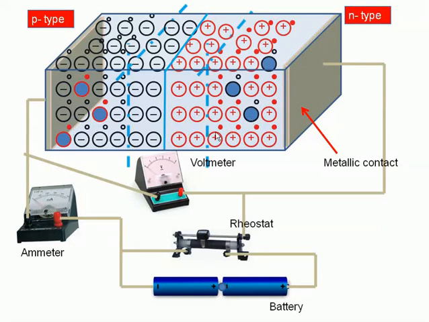So the electron will move in this direction, and the hole will move in this particular direction. This is a very small current, and because of that we measure it in microamperes, right? So in the case of reverse biasing, the current is small and independent of the potential. If you vary the resistance here and note down the potential, you will notice that there is no